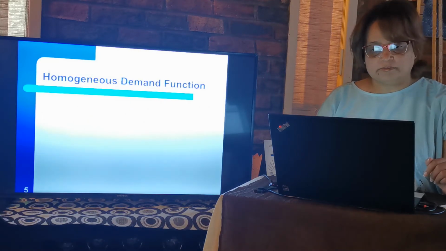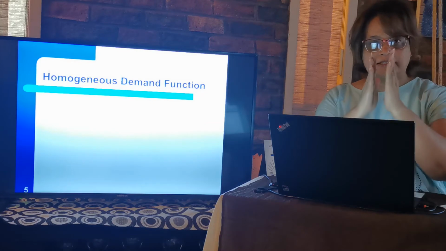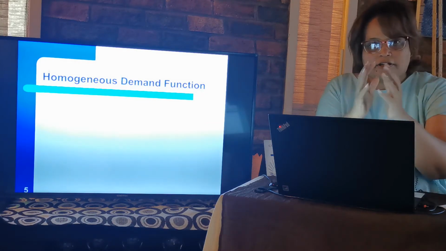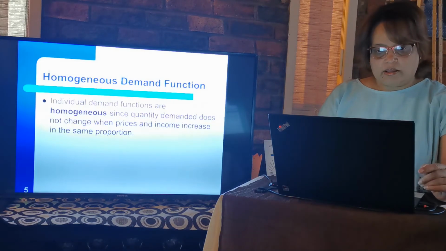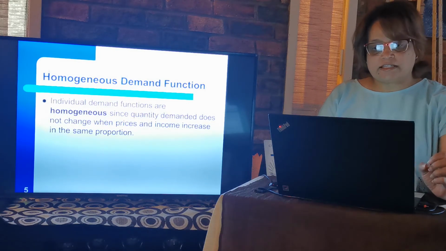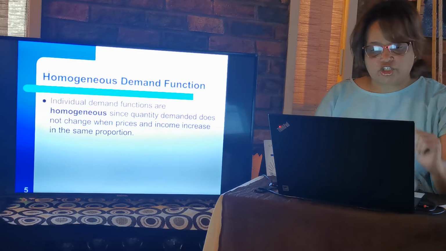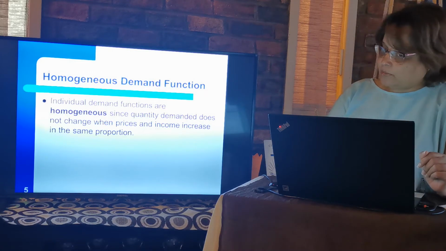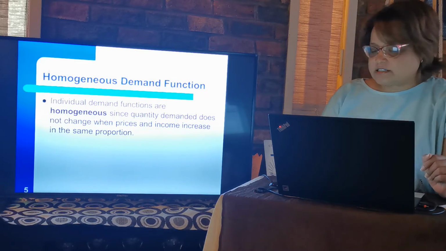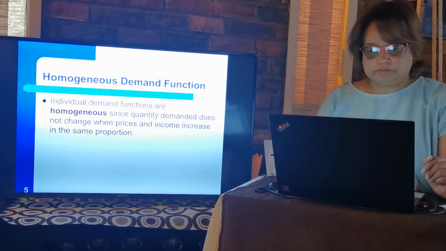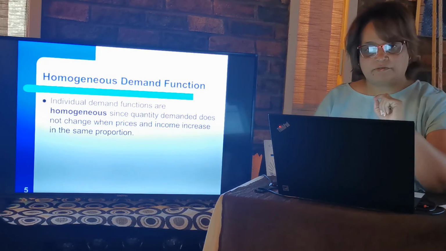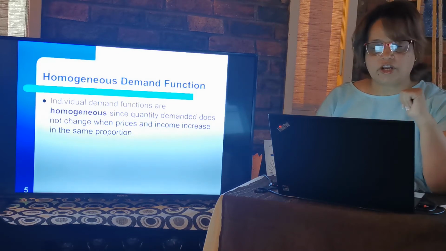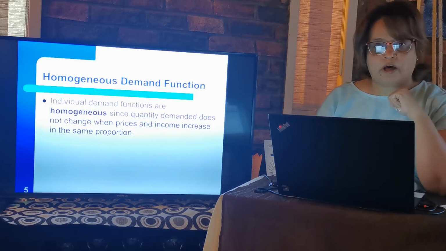Homogeneous demand. Homogeneous meaning it stays the same. It looks the same. Homo, it is the same. Individual demand functions are homogeneous since quantity demanded does not change when prices and income increase in the same proportion. So the demand here will stay the same irrespective of whether the price changes or whether the income of the household